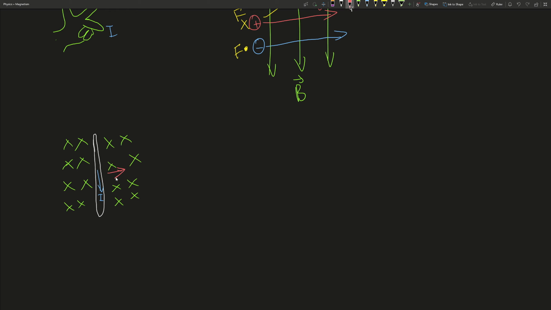And so this is going to be the force on this wire. Now, how do we calculate the magnitude of the force on the wire? Well, let's model this wire here. This wire is going to have a length L, and it's going to have charges running through it. So let's just draw, for example, various charges going through the wire at velocity v. We'll assume these charges have constant velocity throughout it because we're assuming constant current for